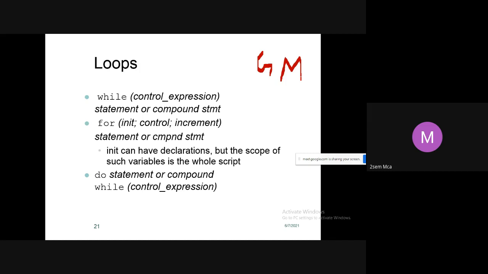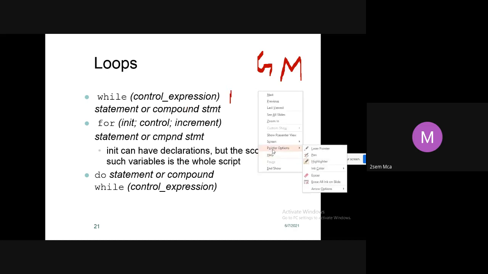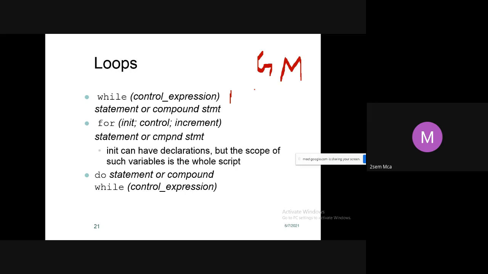The syntax of the while statement is: while, the control expression within the brackets, and then the body of the loop.